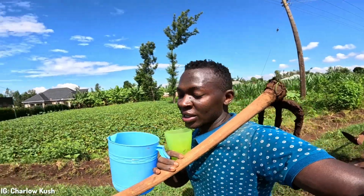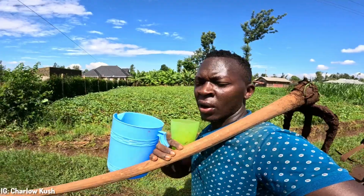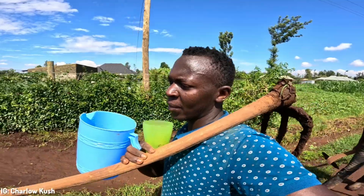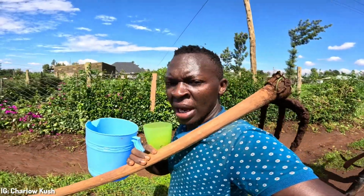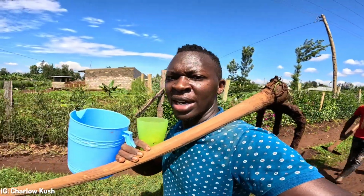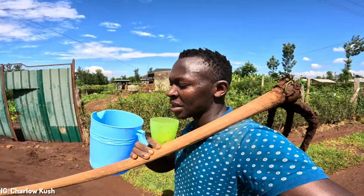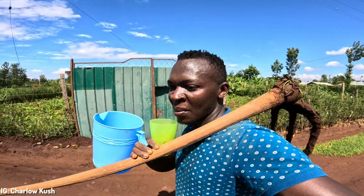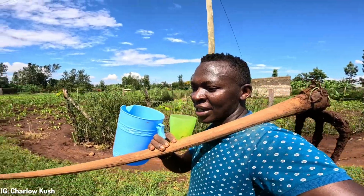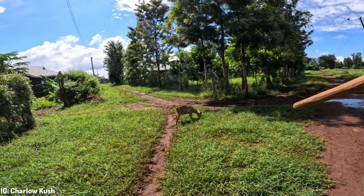And hey, we are really sweating, guys. But at least, you know, the happiness of accomplishing something, no matter how tired you are, you even forget all the worries. I even remember when we were digging our well, it was a really hectic time and we were almost getting discouraged. But the moment the well was done, I even forgot we ever went through any strain. But that is life, guys. When you accomplish something that you wished for, sometimes you even forget the struggles you went through. But the fact remains, if you didn't give up on what you're working on, you will be grateful and you will enjoy the fruits. And this goat here has tied loose the rope here,